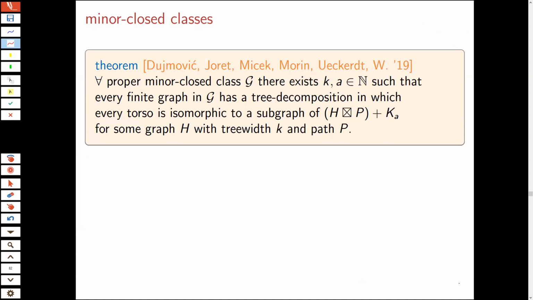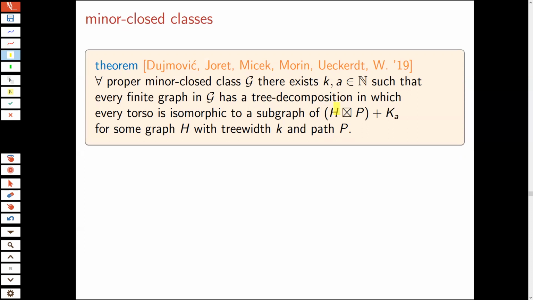So what is the product structure now for a general minor closed class? Well, here's the theorem we're able to prove. It says take any proper minor closed class, there exist constants K and A such that every finite graph in the class has a tree decomposition in which every torso is isomorphic to a subgraph of, here's the new part and the important part,